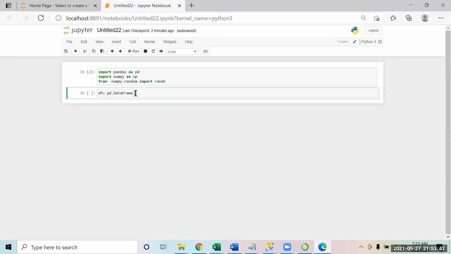So we made this data frame yesterday, right? We were making a randn(5, 4), some random numbers, with index equal to the row labels.